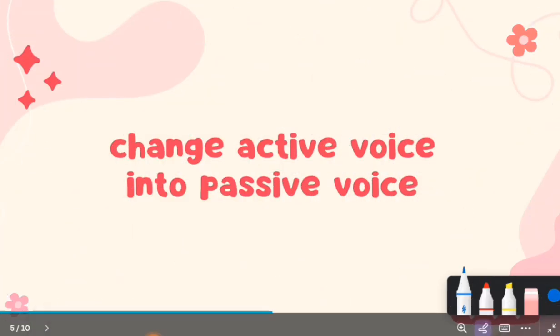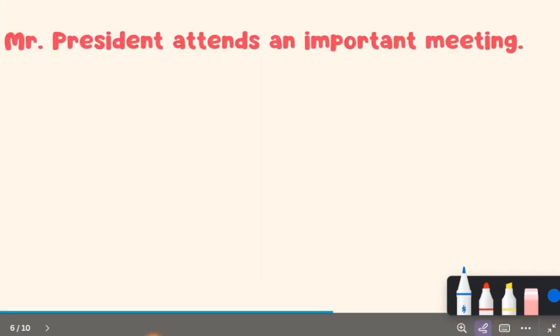Now we will try to change active voice into passive voice. The first example sentence is Mr. President attends an important meeting. To change it into passive voice, we should